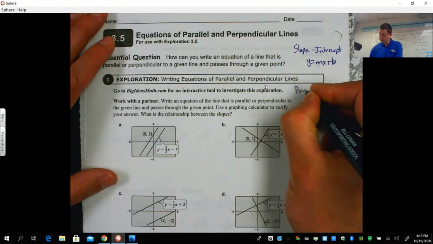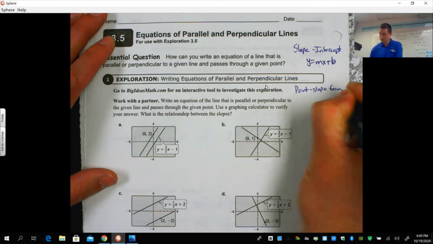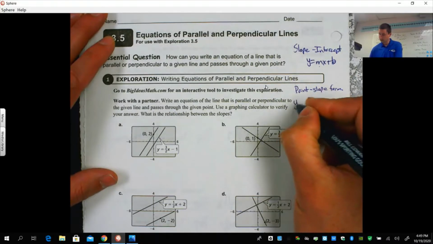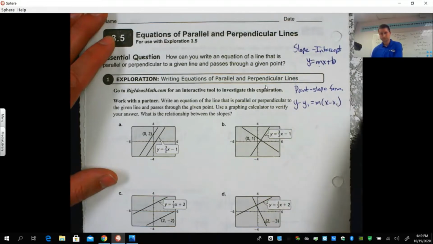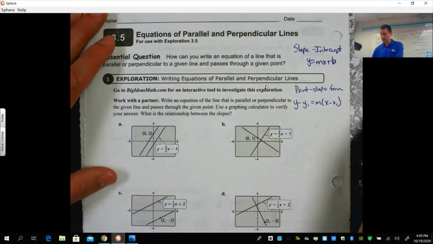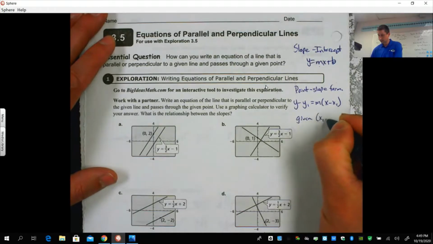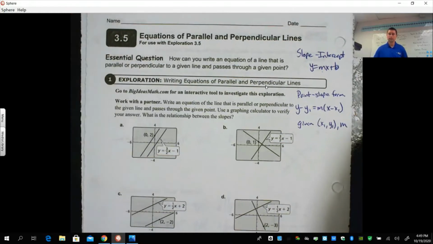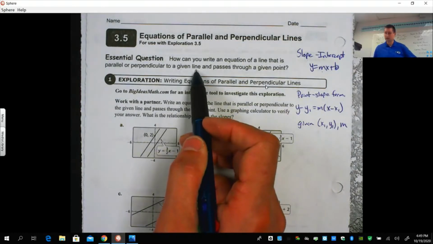We could use point-slope form. Point-slope form, that was y minus y1 equals M times x minus x1. Okay, and that's when you're given a point, x1, y1, and a slope, m. So when you have a point and slope form, that's why you call it point-slope form. So notice that's what it's talking about here, given a line, which means we have a slope, and passes through